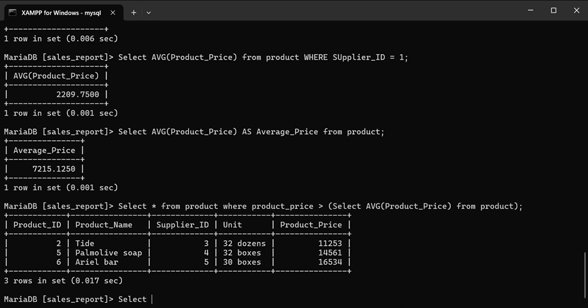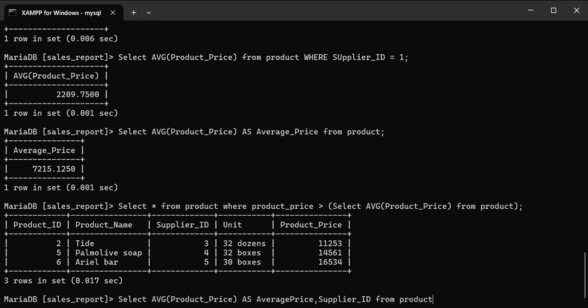We have to use select and then the AVG, which is our keyword, for selecting the average product price as average price. So we are setting an alias for our output column as average price.